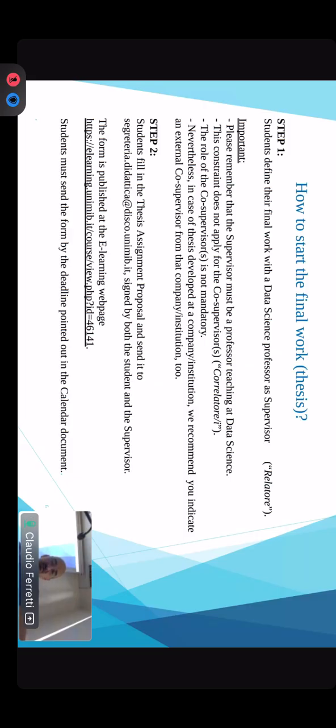Okay, so you need to have a professor, but the work for the thesis could be developed even outside the university. So you can have a company willing to host you for work, but anyway, you need the name of the professor, and we suggest that you also have people officially titled to follow you in the company, so a co-supervisor from the company. You have to send a proposal with a form like this, right?